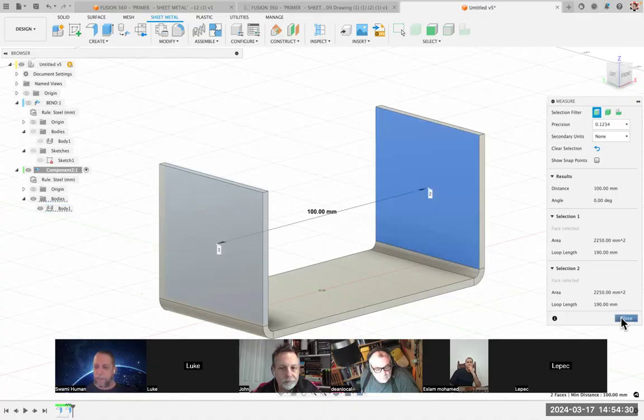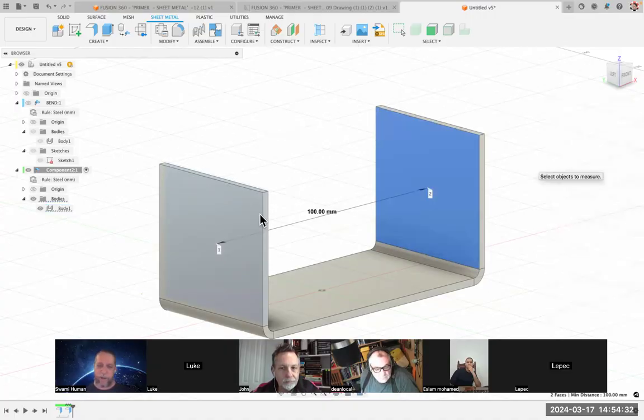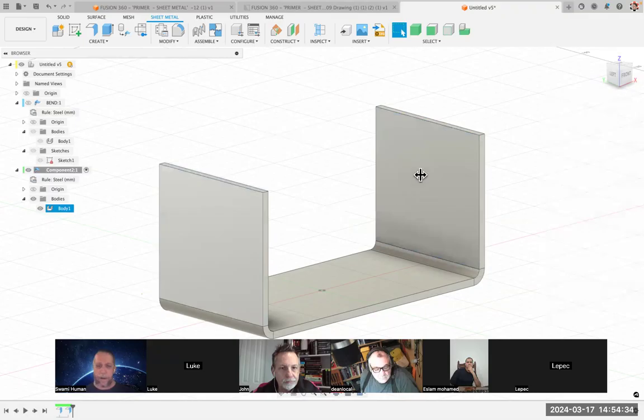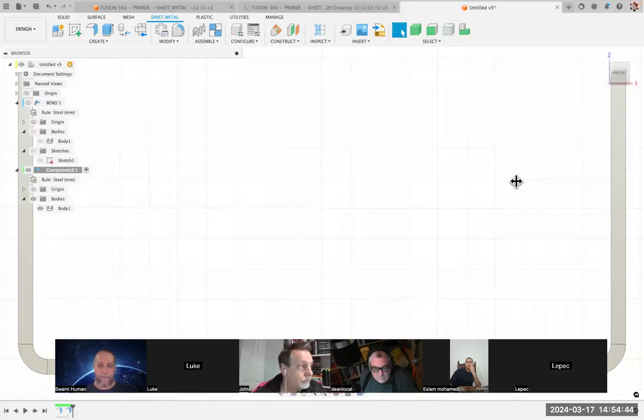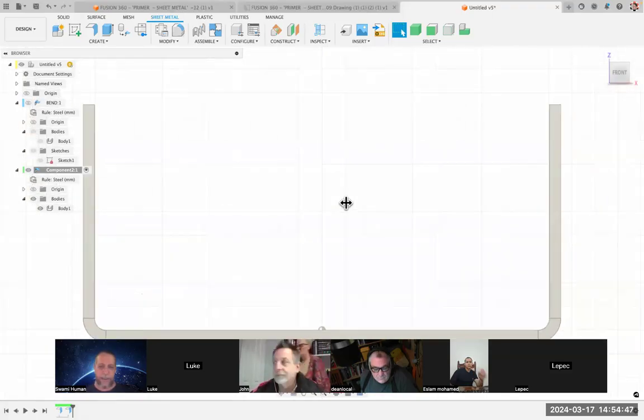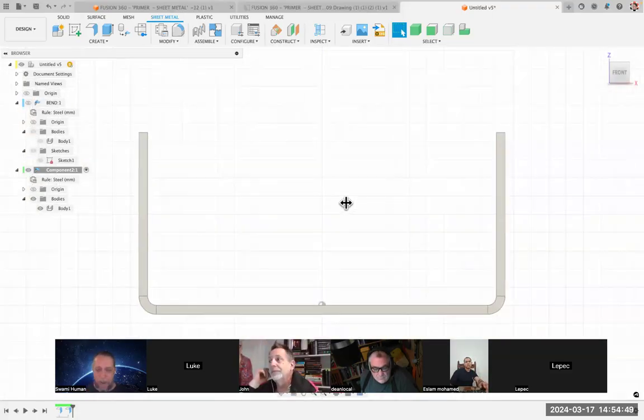So let's cancel out of there, and we're going to go edit our settings. Let's go to a front view. It's going to be good. And by the way, to fit everything in, you can Alt or Option double click anywhere. That will automatically fit stuff in. That's nice. I'm going to zoom back out a little bit, but Alt or Option double click is a good one. All right, now we're going to edit this